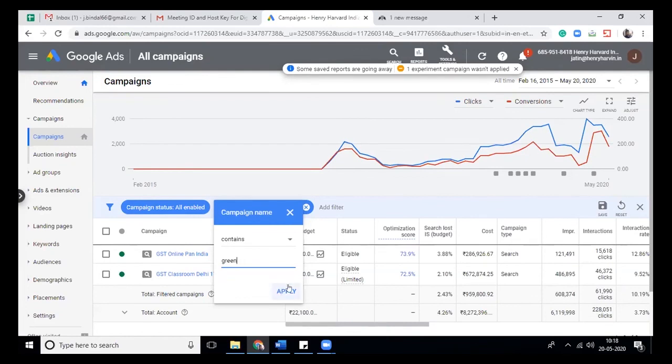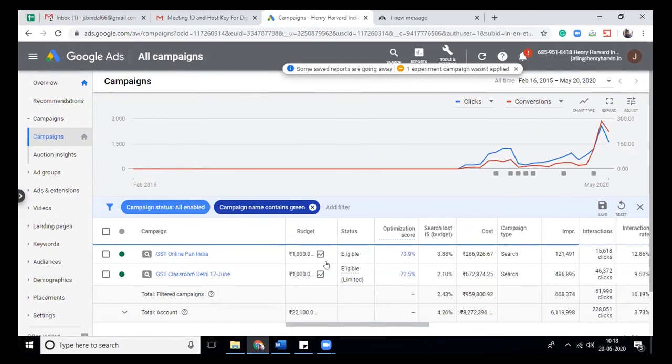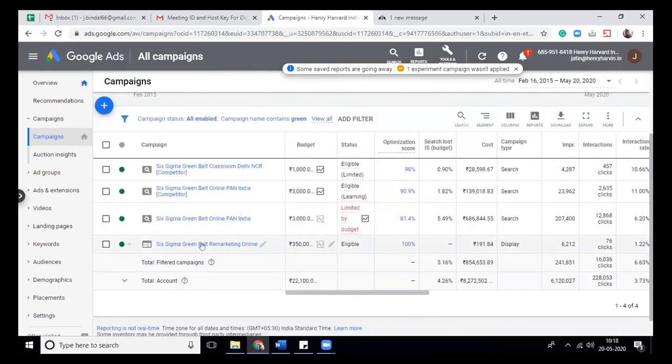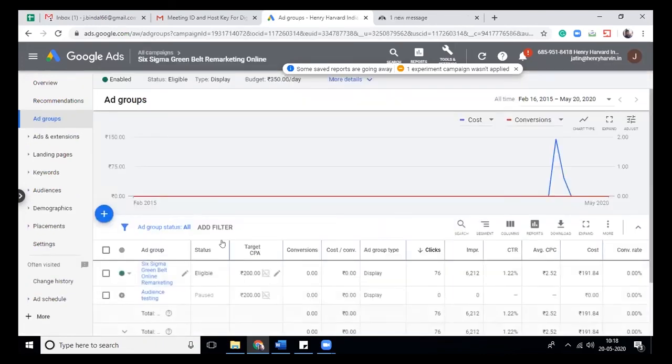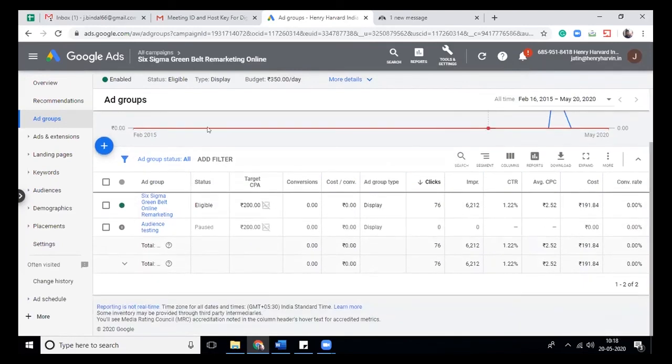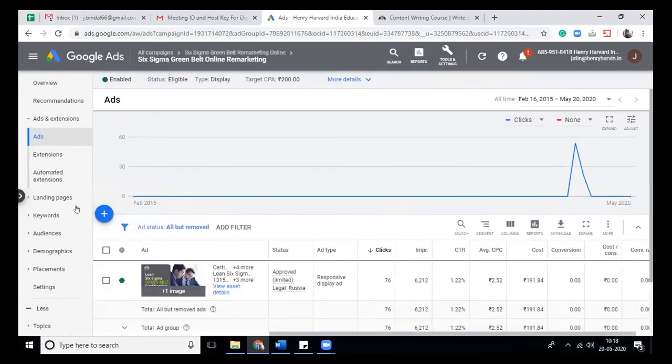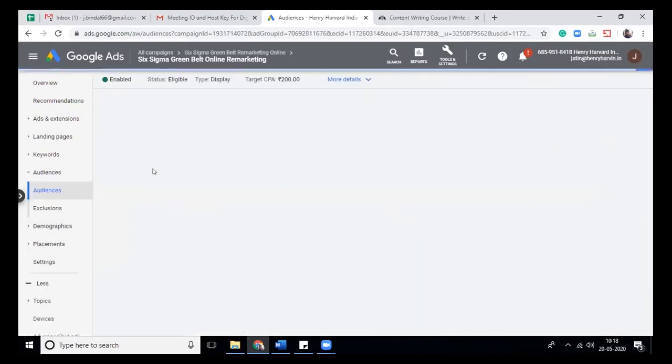Okay, how to use it? Let me show you a demo of it. Like, this is a campaign which is running for Six Sigma Green Belt. Let's click on it. Okay, there is already an ad group. In that ad group, let me define my audience. I clicked on audience.